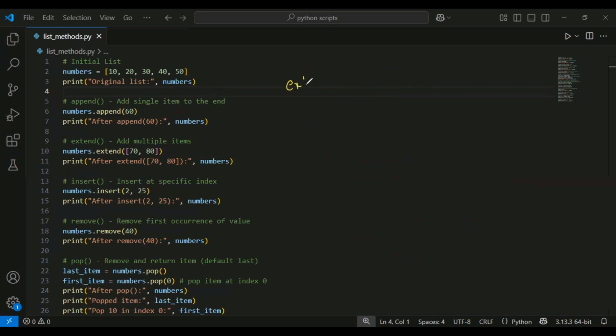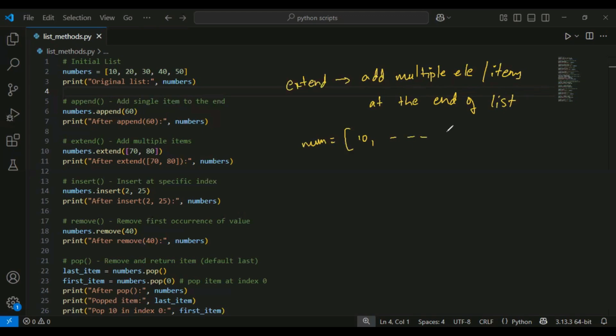Next is extend. It can add multiple elements or items at the end of the list. Okay, so if I use extend now, my numbers list has become 10 to 60. Why? After append, it has become 10 to 60. Now if I use extend on the numbers list, extend,